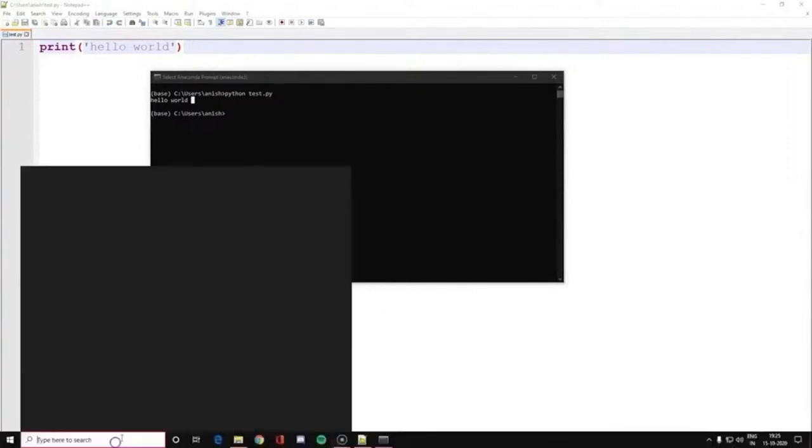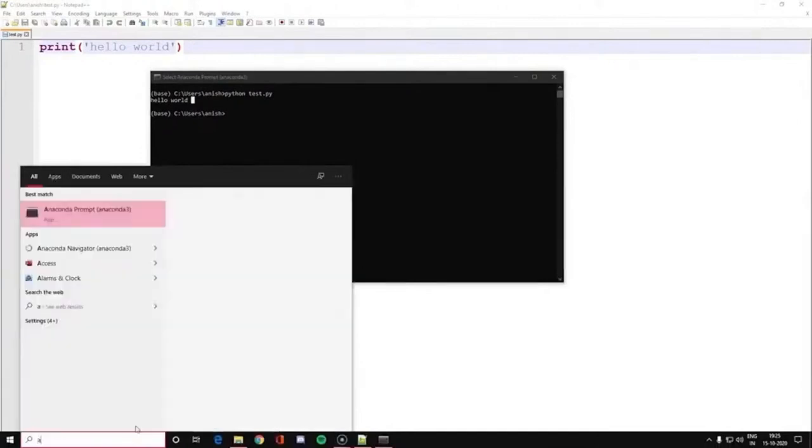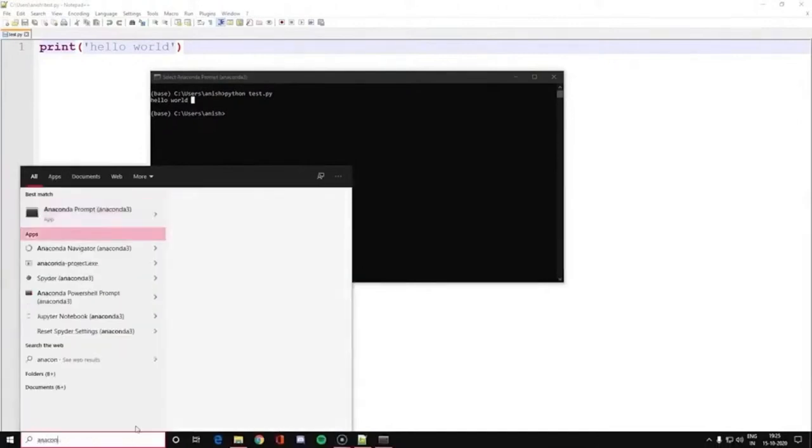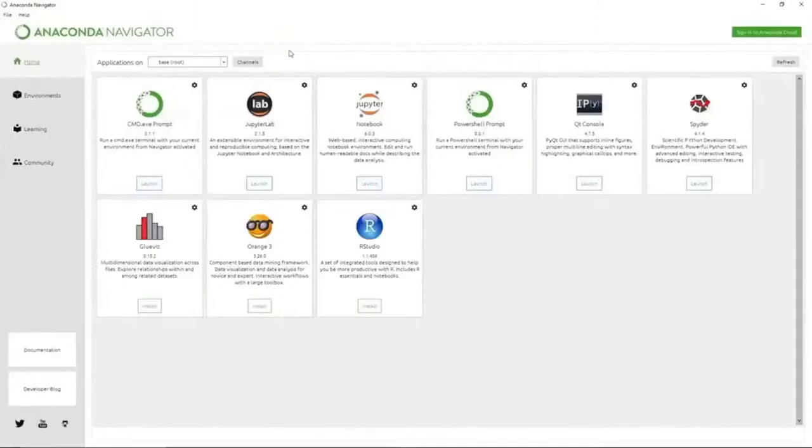So let's see. I will show you an IDE called Spyder, which comes bundled along with the Anaconda distribution that I had mentioned earlier. If I open the Anaconda Navigator, as you can see, it shows me a bunch of technologies and options, and I'm looking for something called the Spyder IDE, which is over here. As you can see here, it's a scientific Python development environment. This is exactly what I'm looking for, so I am looking to launch this.